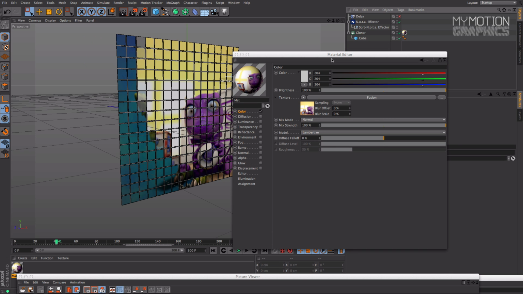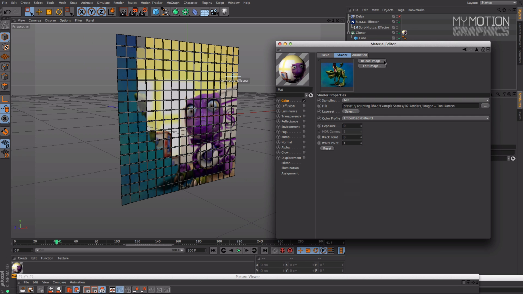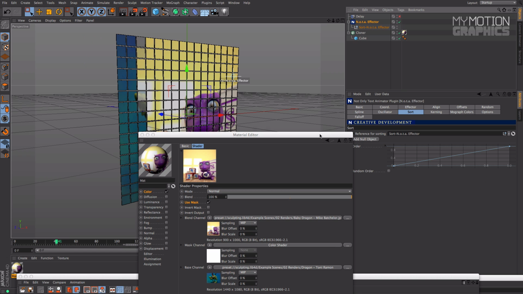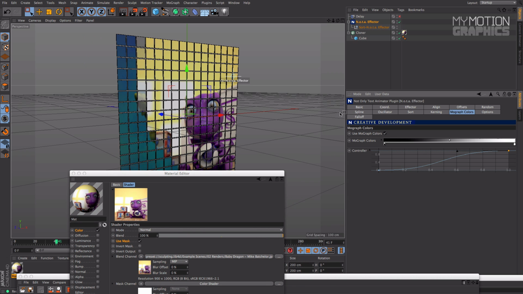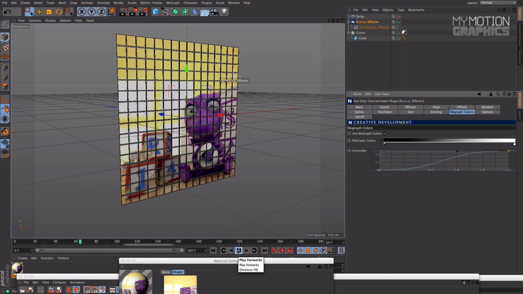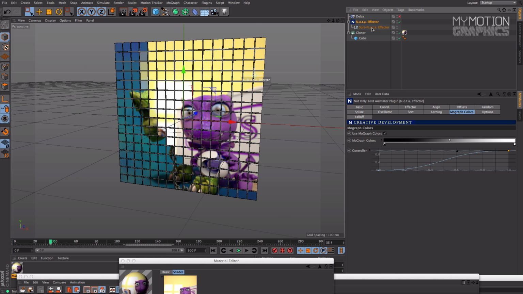I'm not actually sure right now, but in any case, we have a fusion, and we have one map on our base channel, another map on our blend channel, and we have a mask channel. Under the mask channel we have a color shader, and we're using a mask. Besides that, we also came into the Null Effector, Mograph Colors, and used the Mograph Colors. What it's doing is creating a mask from black to white, and where the transformation goes on, it just makes that awesomeness of awesomeness. And this is really simple,